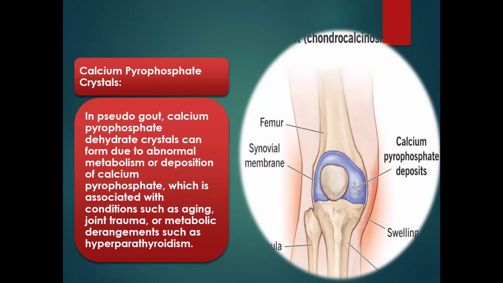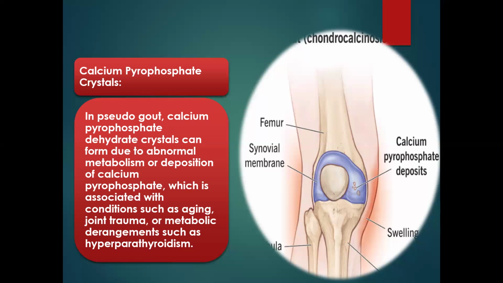of calcium pyrophosphates, which is associated with conditions such as aging, when someone is getting much older, or the person had a joint trauma, or there is what is known as metabolic derangement, such as in hyperparathyroidism, where the ions of the body are no longer being handled in a homeostatic form, so that one exceeds the other. There is derangement from the normal, and as such, it can lead to excess formation of